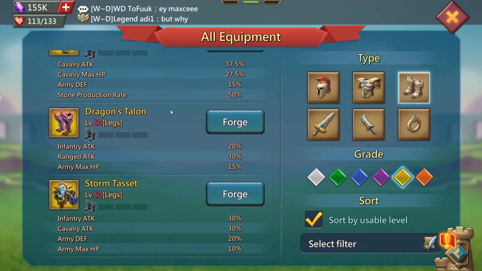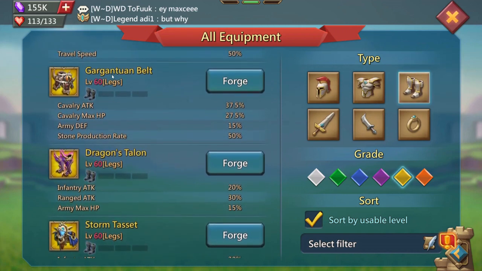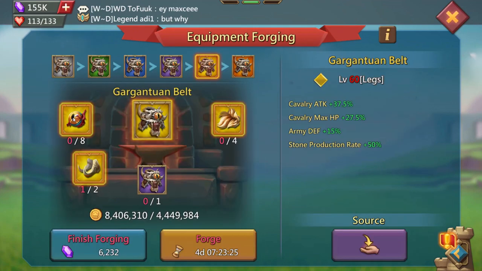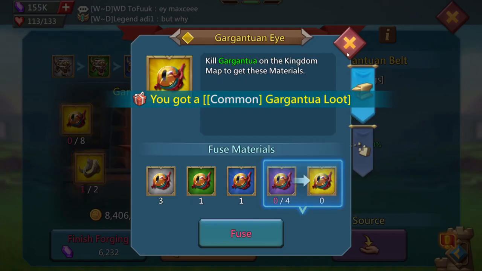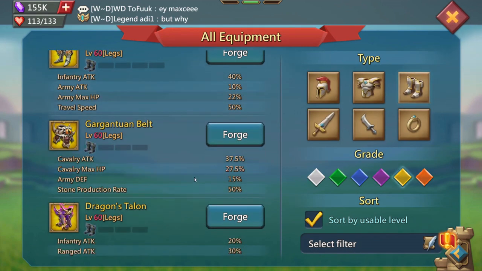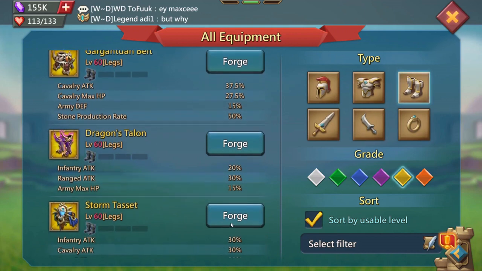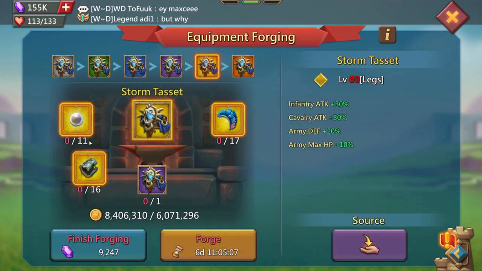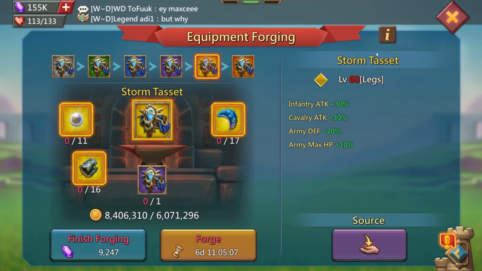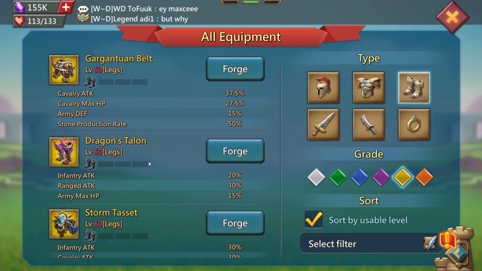Storm Tacet is also good, and you may also consider Gargantuan belt. Gargantuan belt you will be getting from hunting Gargantua, this monster, and Storm Tacet also you may consider. I'll show you the Storm Tacet also, this one. If you wish to go in for Storm Tacet, you will have to target this monster, Tidal Titans. So all in all, there are three options once you reach level 60 for legs: Gargantuan belt, Dragon's Talon, and